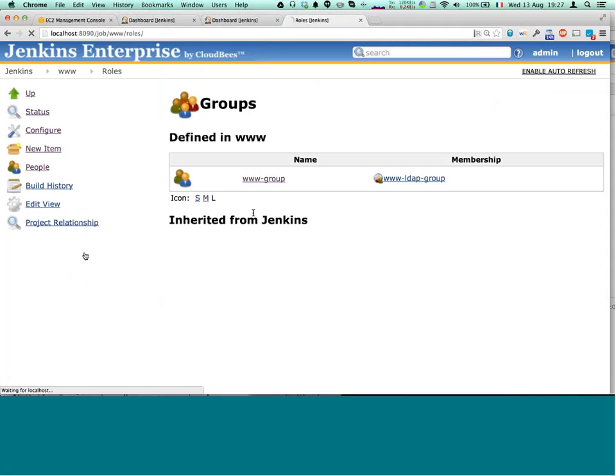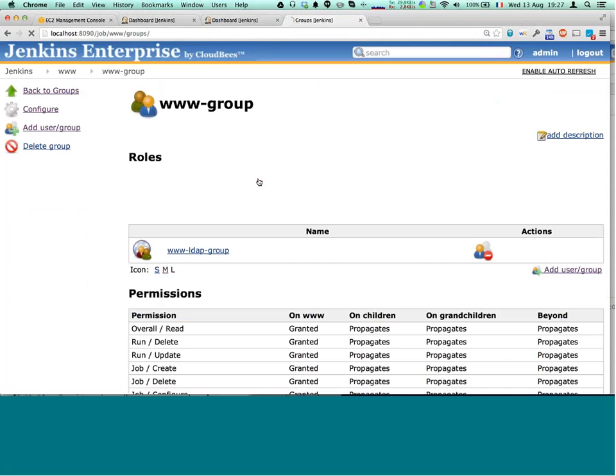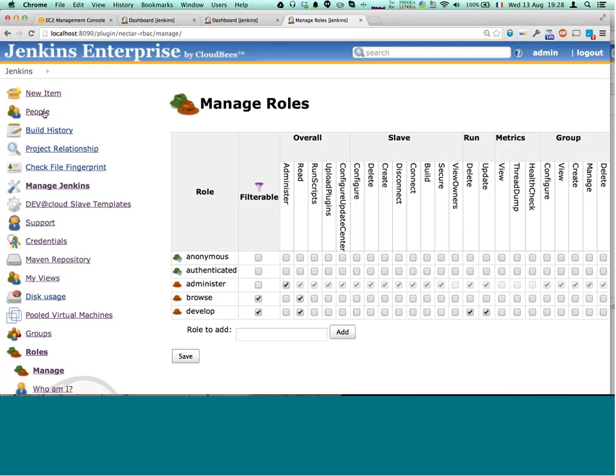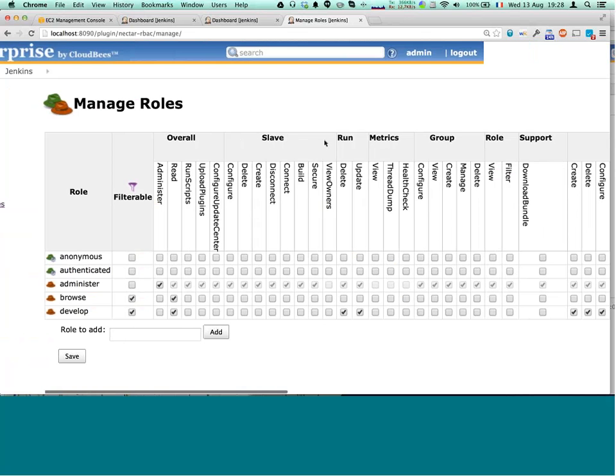And so here you can see that I declared a web group, which is a Jenkins group called web group, which is associated with the LDAP group, web LDAP group. And then I say that this group has the role develop. And develop is a proposed role by CloudBees, where we have many permissions. I will show you here the matrix of permission, where you can have fine-grained